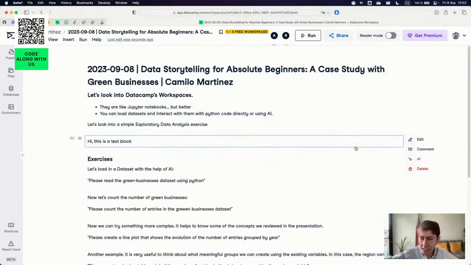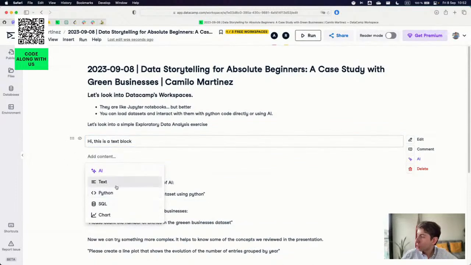So this is kind of the mechanism in which, through the notebook in the workspace, you can convey your story, and then through the code, in this case Python blocks, and now the ones created with AI, we could perform the relevant analysis. So